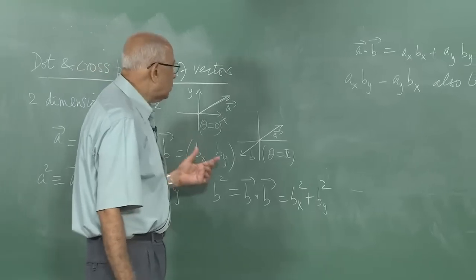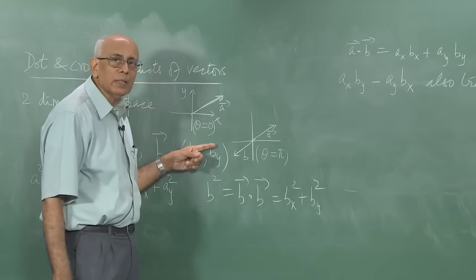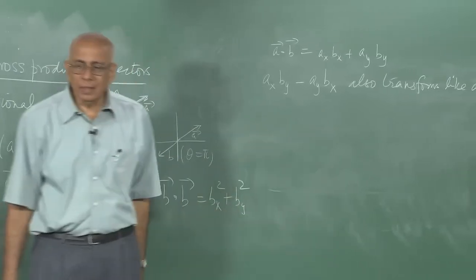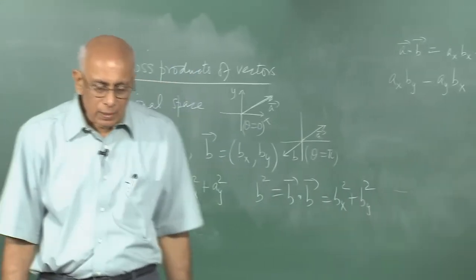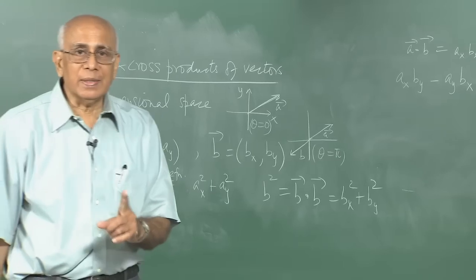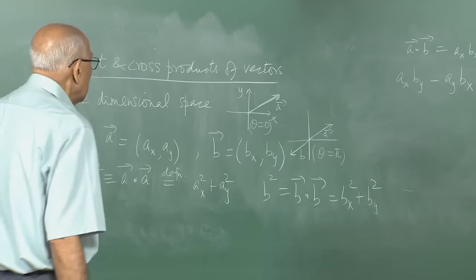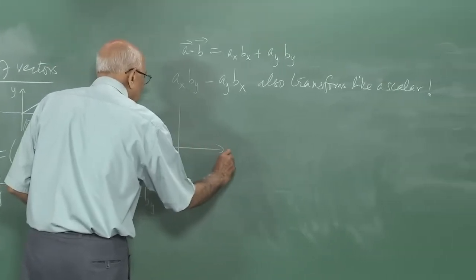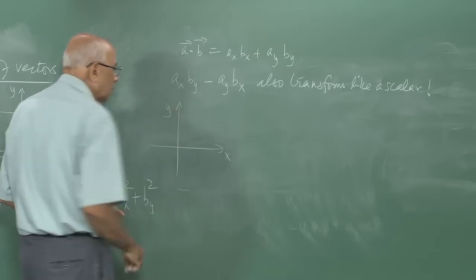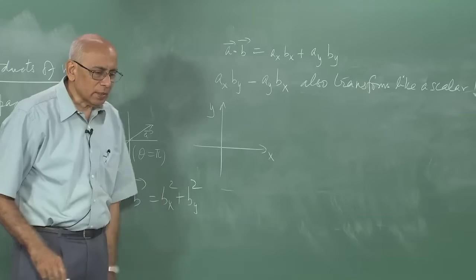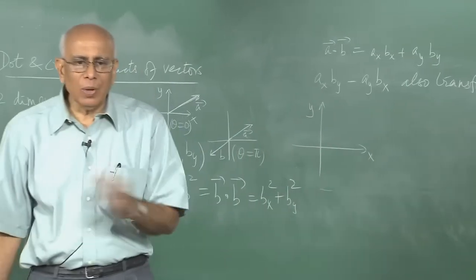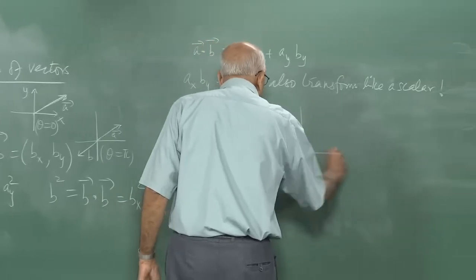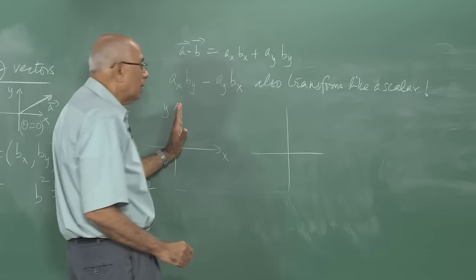In the case of 2 dimensions, you do not have enough components, you have only 2 components, and therefore the same prescription leads you to a single quantity of this kind, and it turns out to be a scalar in this case. But it is not an ordinary scalar, and let me explain what is happening here. If for instance you said, instead of rotating this coordinate system, suppose I reflect this coordinate system about one of the axes. So my new axes x prime and y prime, if I reflect about the y axis,